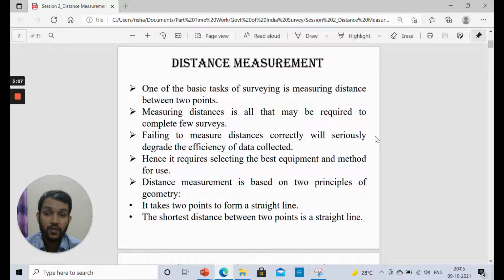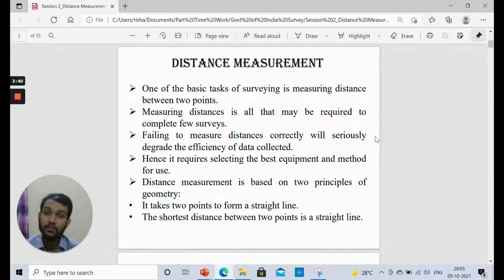But while conducting this survey we need to account for many things. It's not just that you have taken the survey, you have got the distances and you are off the field. No, you need to keep good track of it. You need to record those readings in your field book, so that when you go off the field you have track of which parts were located on the ground and how the distances were measured, and if you need to give track of those readings, or if verification is required at any point of time, or if any error occurs, then you can account for them.